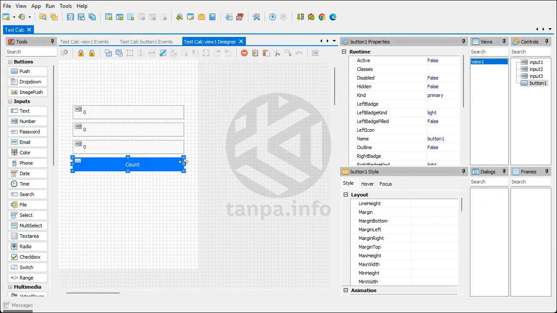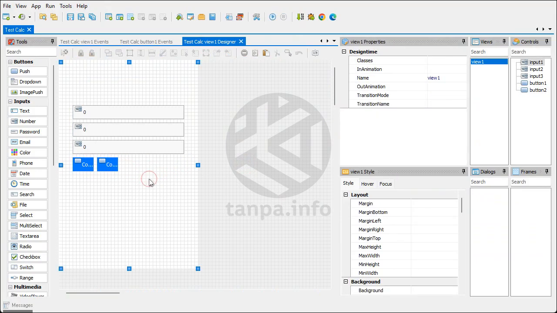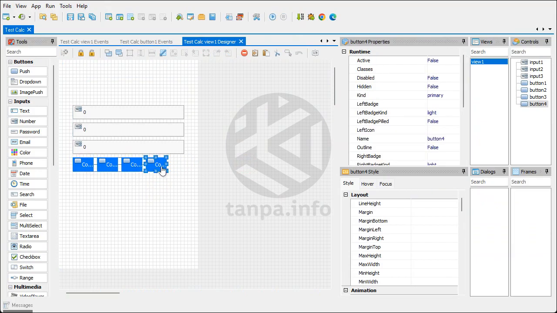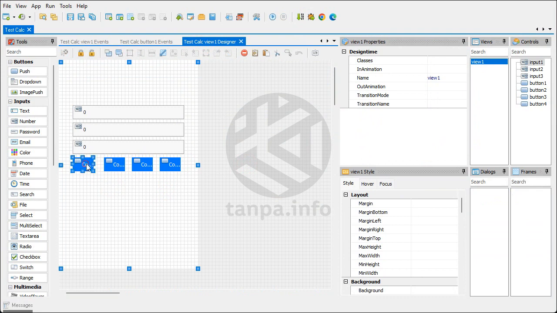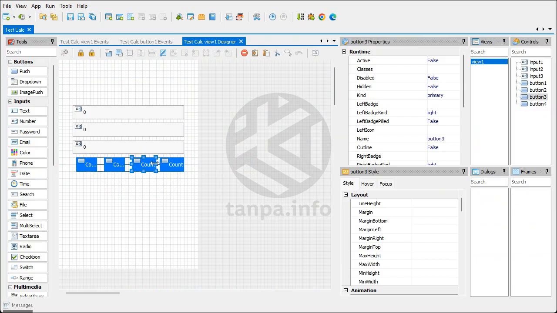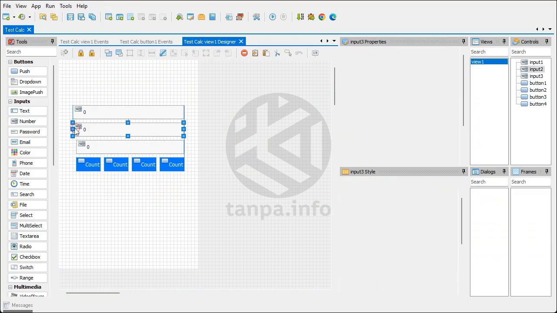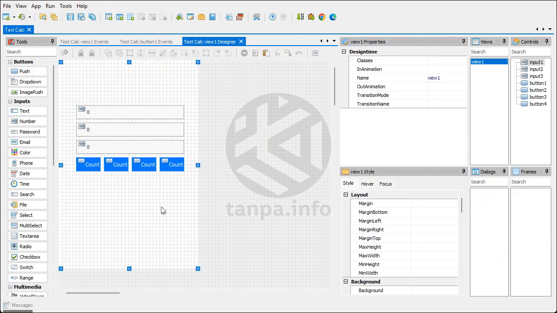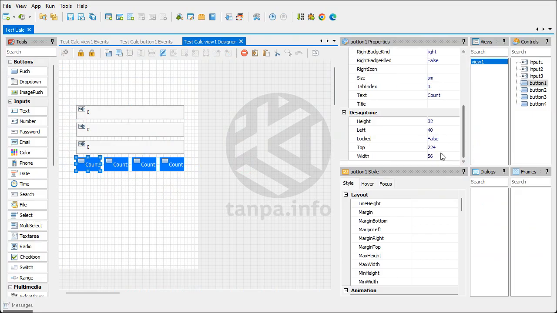Now, we will add buttons for multiplication, division, and subtraction. We can copy button 1 and paste it. Using the Controls Inspector, we can modify the text properties of the buttons.